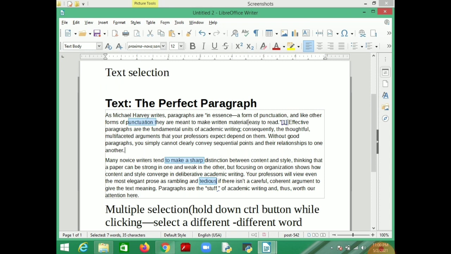Here you can see punctuation is selected, then to make a sharp phrase is selected, then tedious is selected. So just press Control and click on a particular word or group of words to select them. This is called multiple selection.